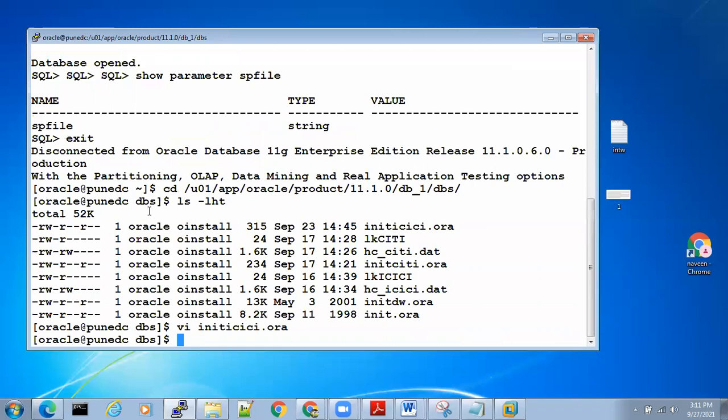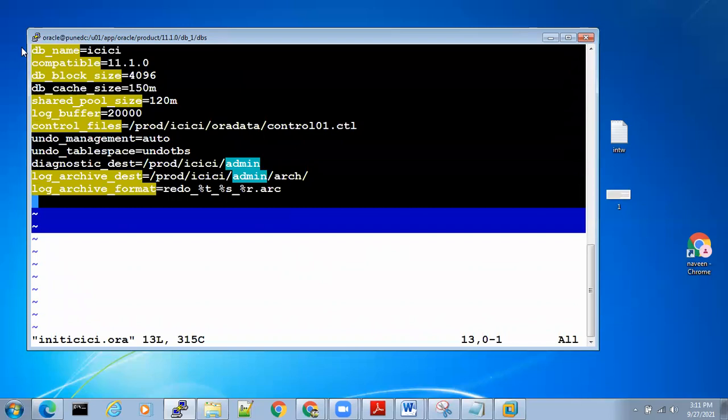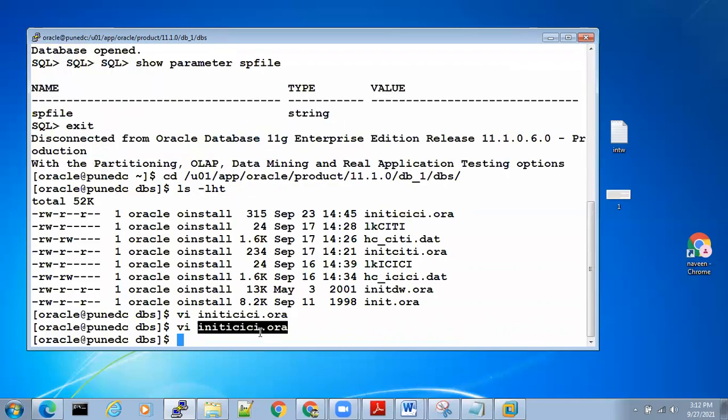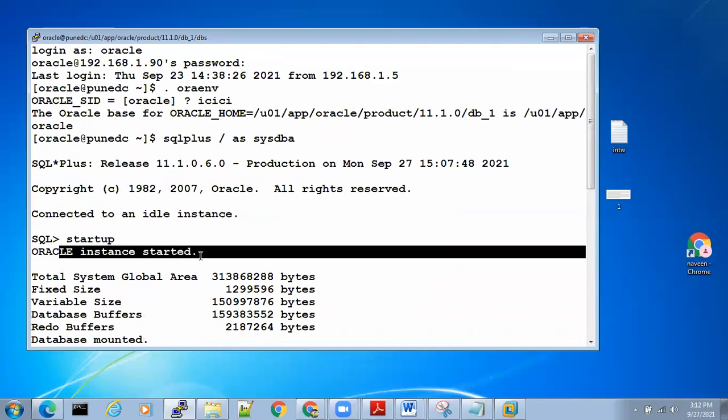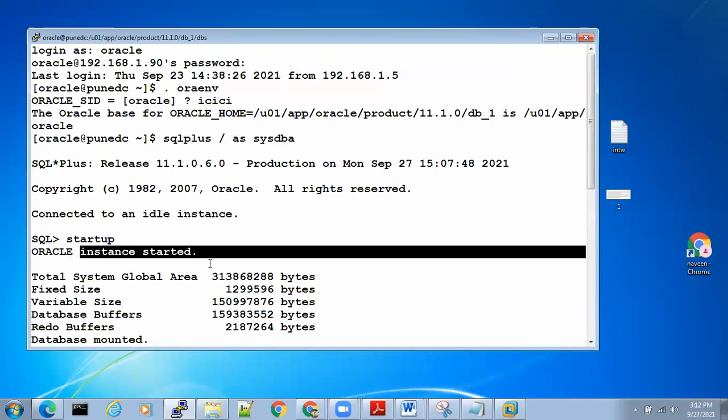By reading the parameters inside this file, the instance is getting started. The first step is to start the instance, right?